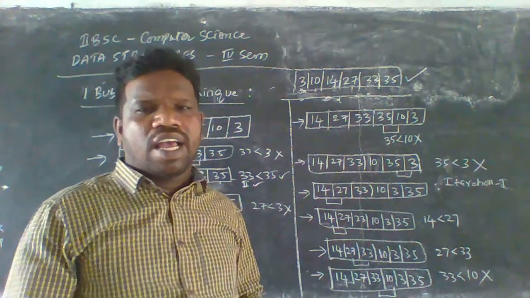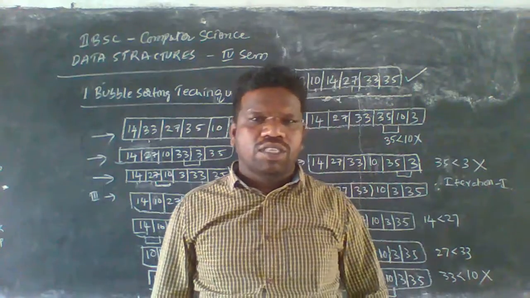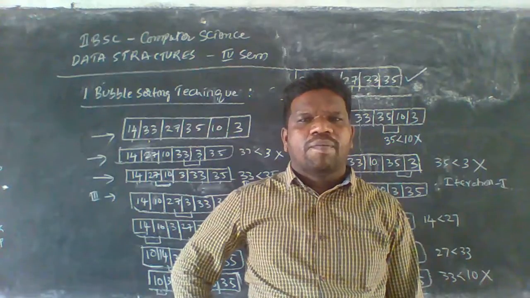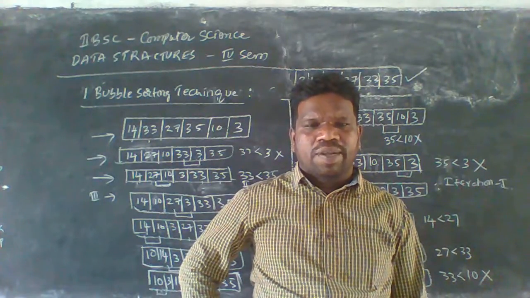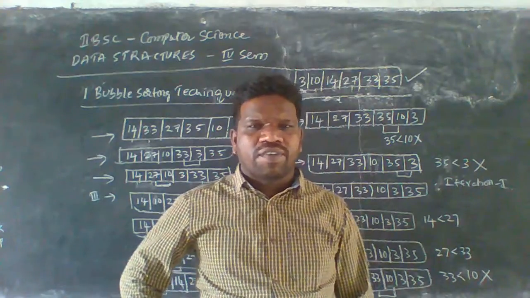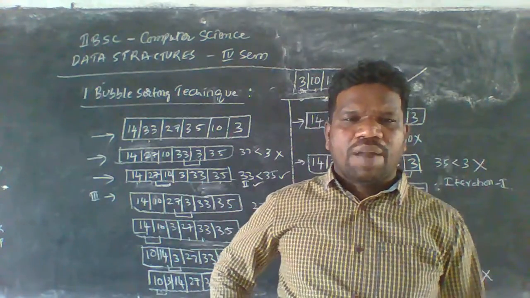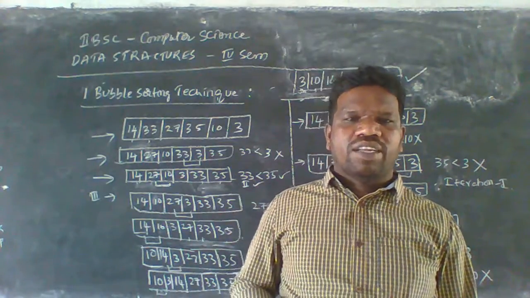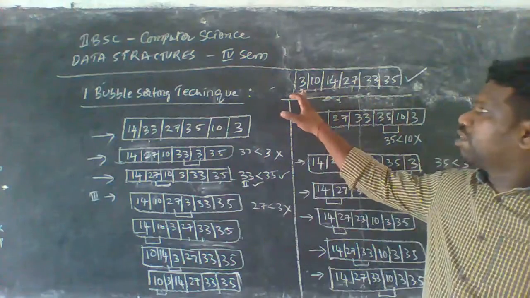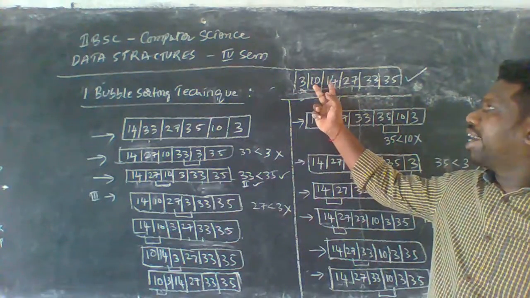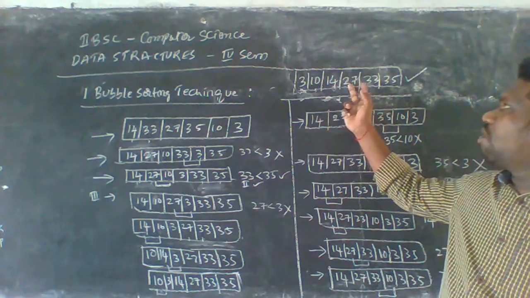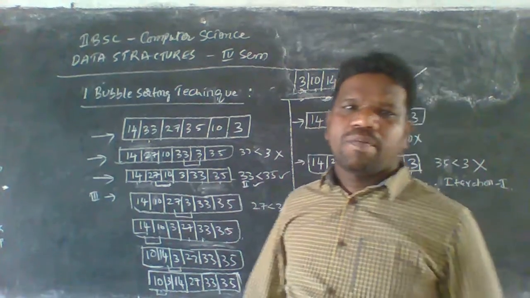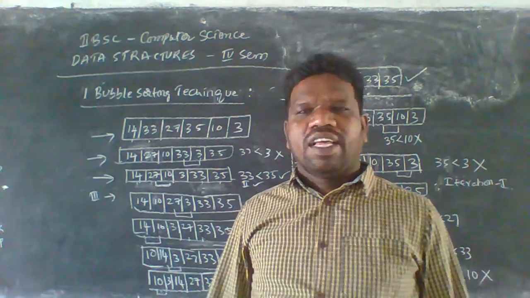Okay, I hope that everyone can understand this class. If you have any doubts, please ask me after watching this full video. So this is the bubble sorting technique, and it is done by comparing the left values to the right values. The left value always holds the smaller value, and the right value always holds the bigger value. Left small, right bigger. Hence, the aim of the sorting technique is achieved here. Okay. Thanks for watching this class.